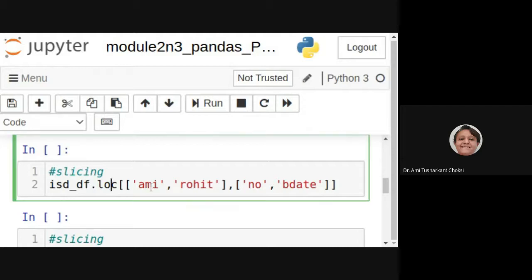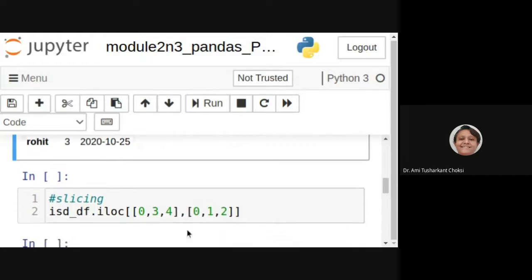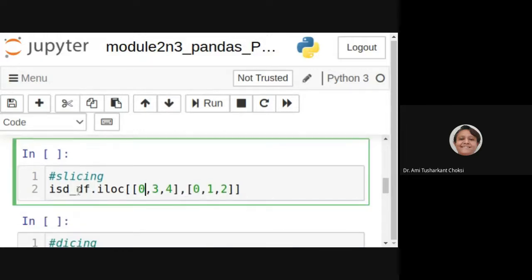Now here, for this particular name, we want to have number and birthday, right? Here it is not giving everything because we haven't printed the original data. Now iloc of row number and column number. Is it row number and column number? No, indexing, right?